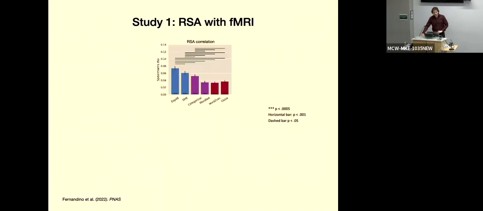And this is the result. The bars show how strongly each model's predictions correlate with the neural dissimilarity matrix. In blue, you have the experiential models. In purple, the taxonomic models or categorical models. And in red, you have the distributional models. Both experiential models correlate significantly more strongly with the neural similarity matrix than the other two models. So there was a very clear-cut result. And we repeated this in a separate experiment with a separate set of words, and we found the same result.